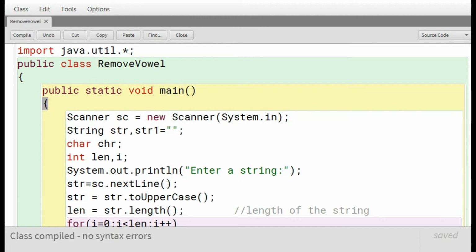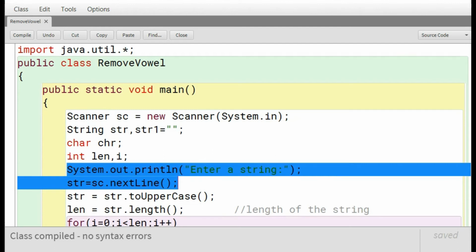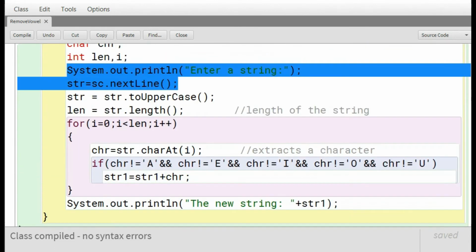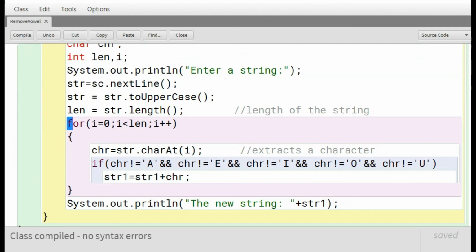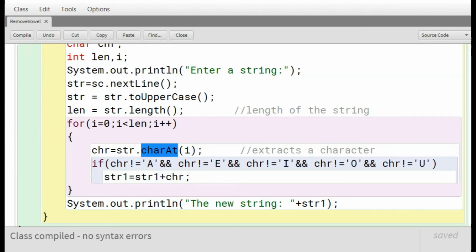So for this reason we have adopted a logic here. We are accepting a string in the variable str, and now in this for loop we are extracting each and every character and comparing it.